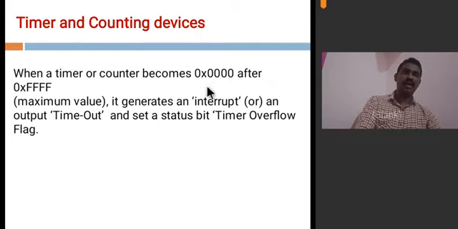At that time, an interrupt will be generated, and the peripheral knows that the desired delay is reached, so that it will take the corresponding action. That means it will turn the LED on or off. In this way, timers or counting devices work.